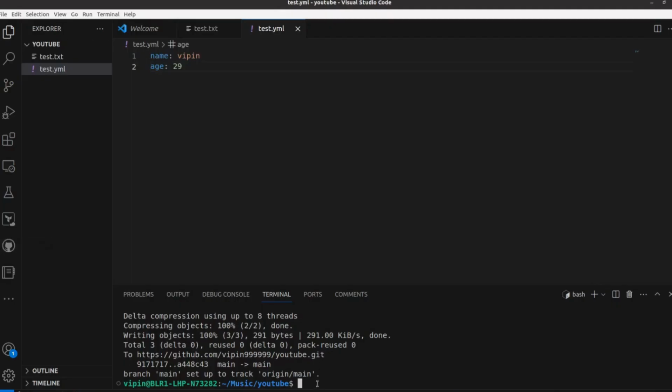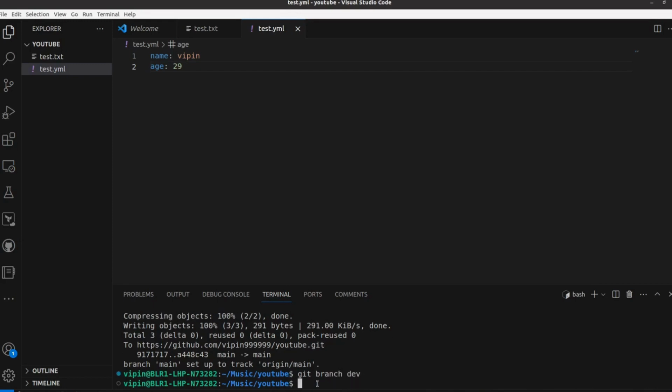So let's see how we can create another branch. git branch dev. Now check how many branches we have.